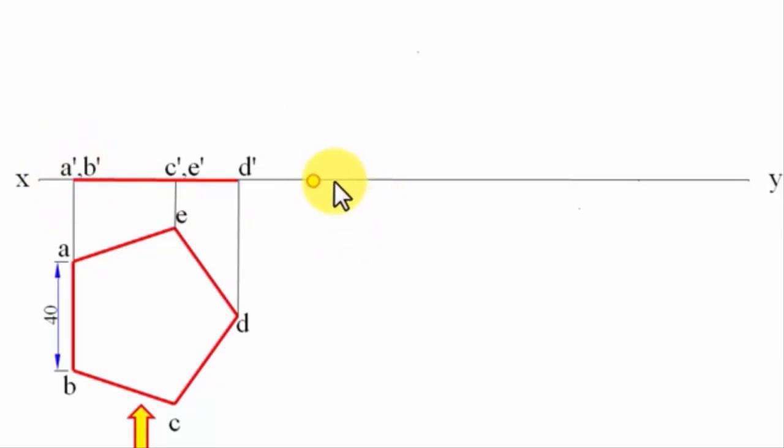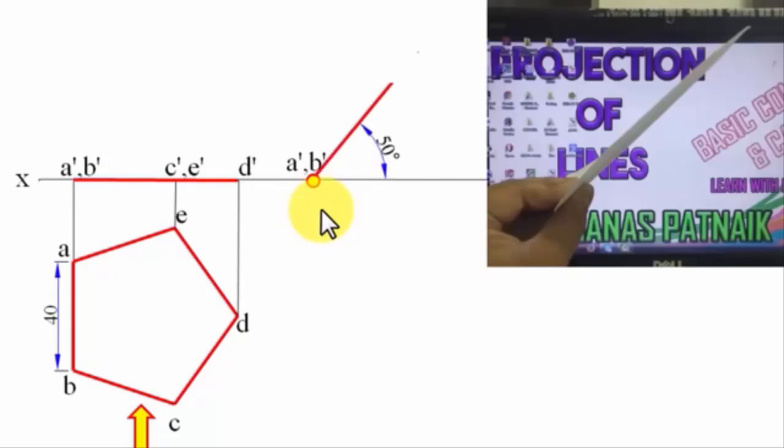Okay, so let's have a point, and this is going to be A dash B dash. Let's have an angle of 50 degrees and let's draw a line, something like this. All right, now this D point, you need to keep the two legs of your compass, one over here, other over here. Then with this as center, you need to put an arc, and this is going to be point D dash for you.